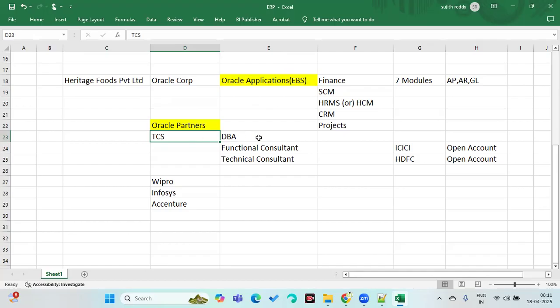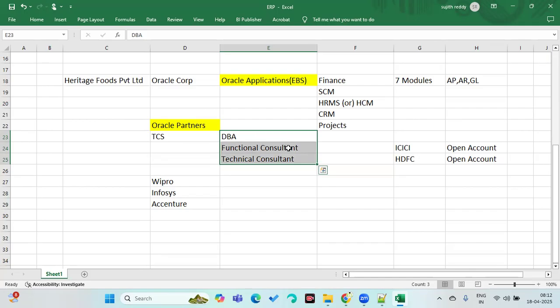So now TCS is going to do the DBA, functional and technical team. Why we call this role consultant is that we are not going for pure development in this project, because it is already developed, tested and released into the market. Now we are going to understand this product, make some changes, do some enhancements, and develop some objects in the product. Some companies also call it associate consultant or software engineer.